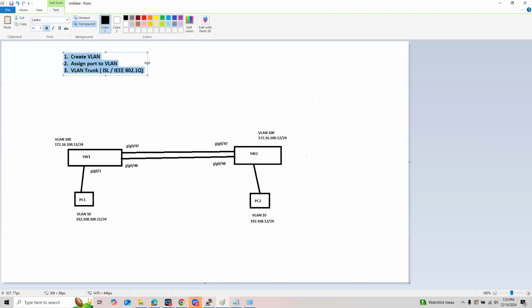ISL, or Interswitch Link, is Cisco proprietary. So what we're going to use is the IEEE 802.1q, the VLAN trunk protocol that we're going to apply on ports 47 and 48.